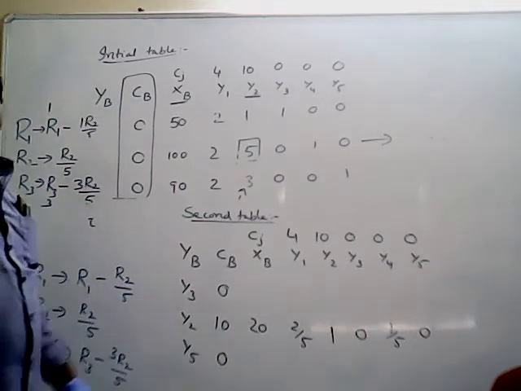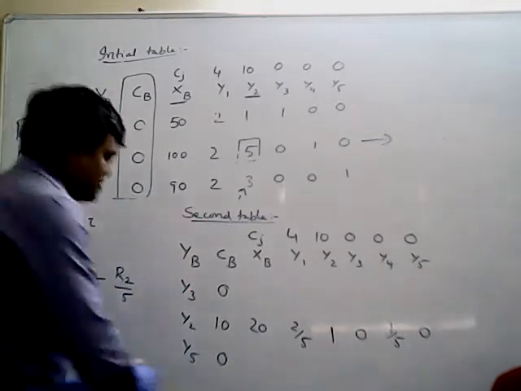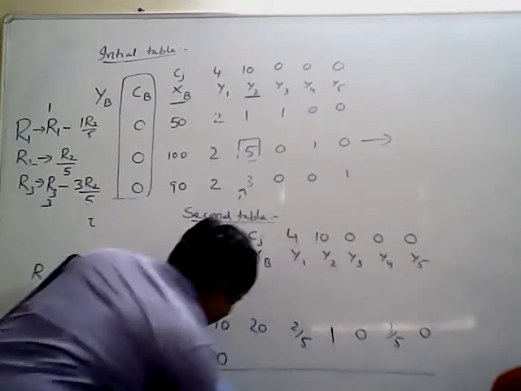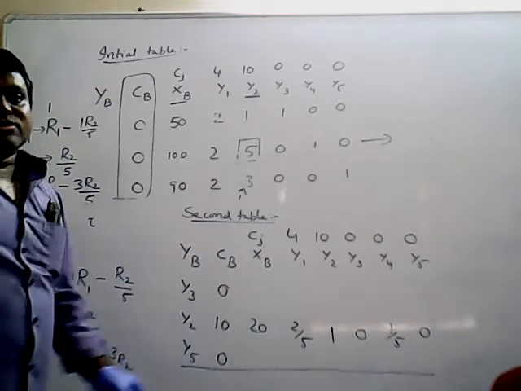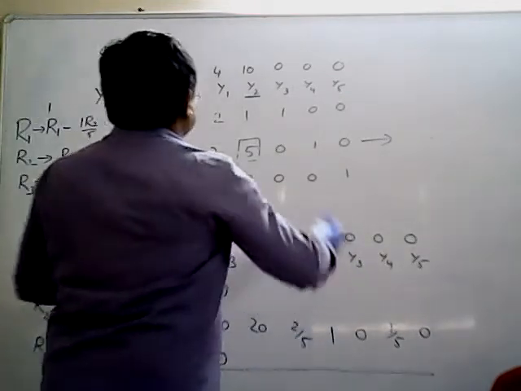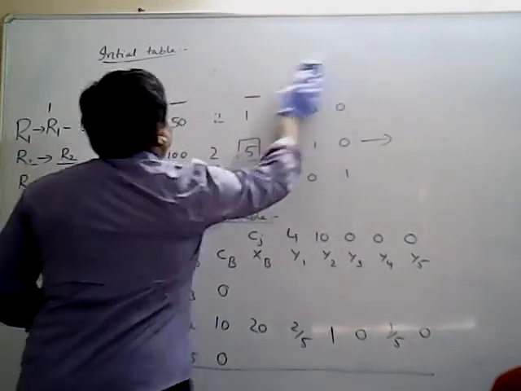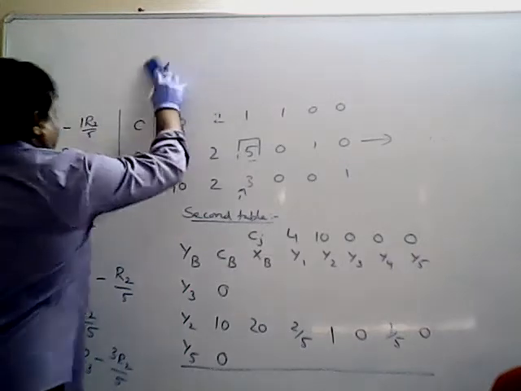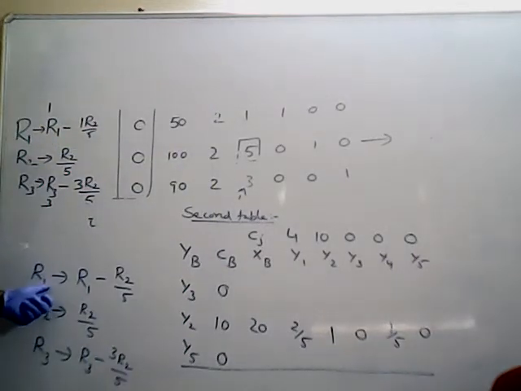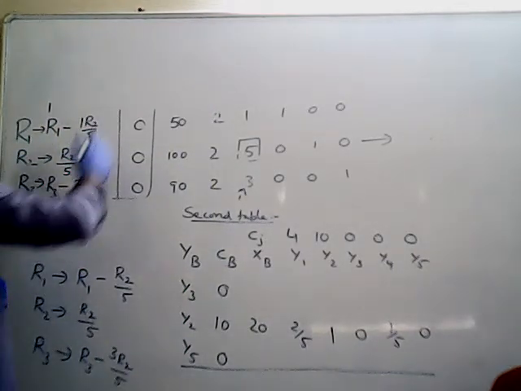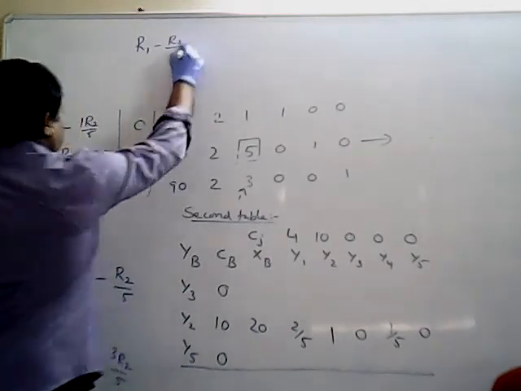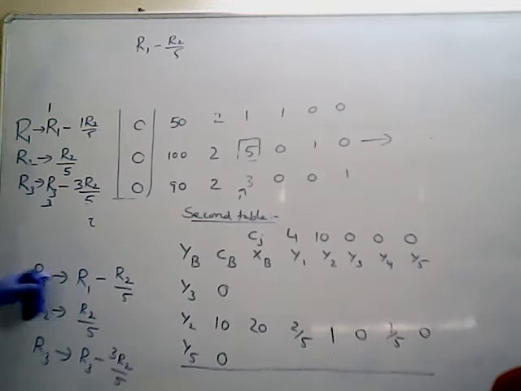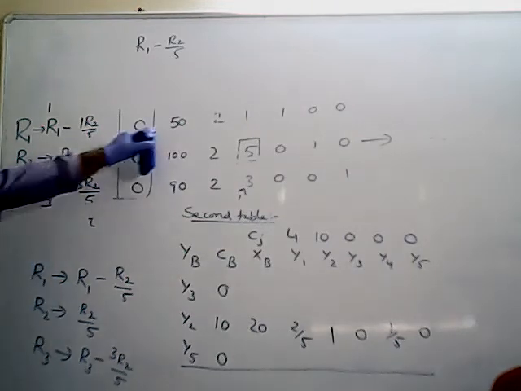Remaining rows you have to calculate. So actually I don't have space. So here you have to calculate the Z value and after that. So I will calculate the values here. Let's see. I will calculate the quotient values here. So what is the first row operation I will calculate here? R1 minus R2 by 5. R1 minus R2 by 5, first row.